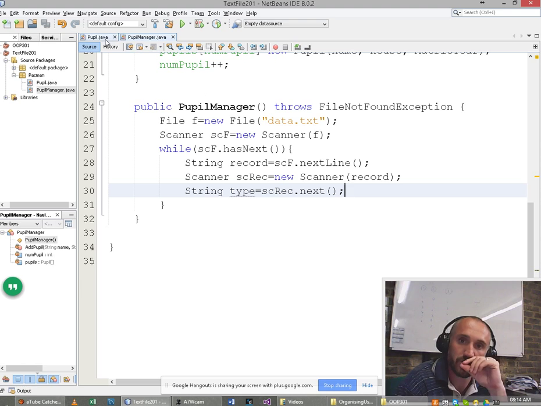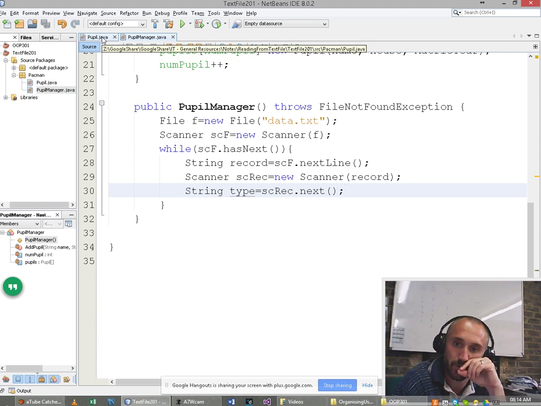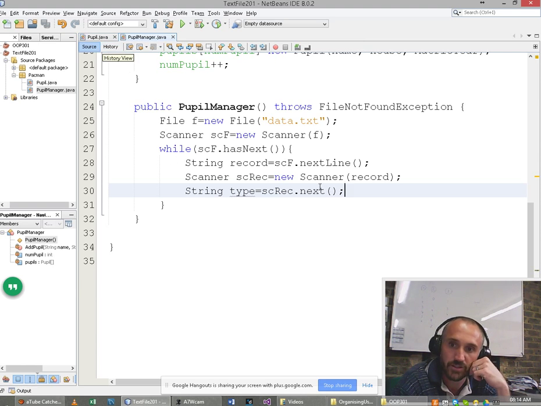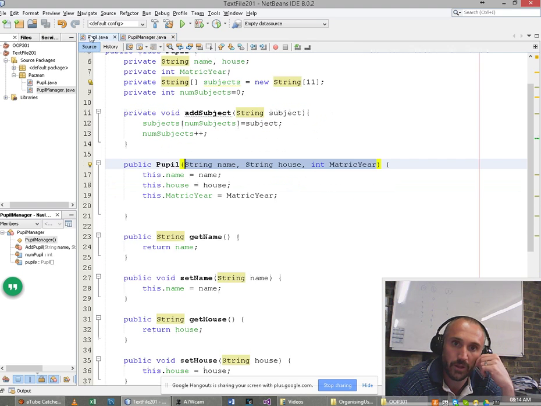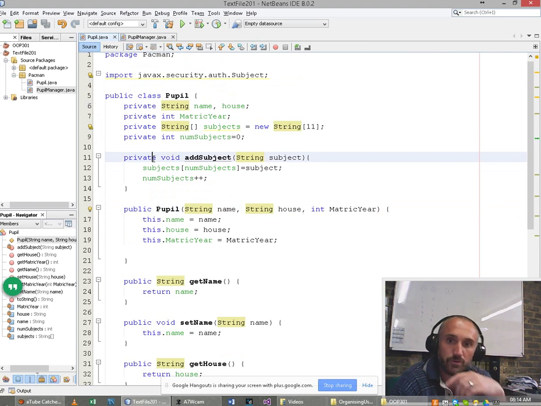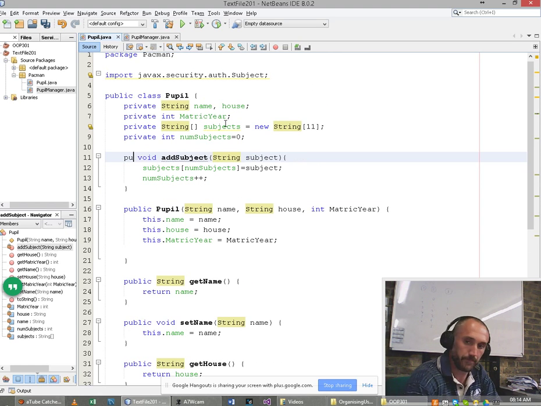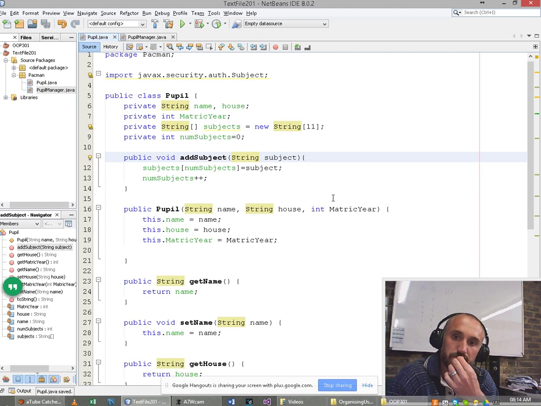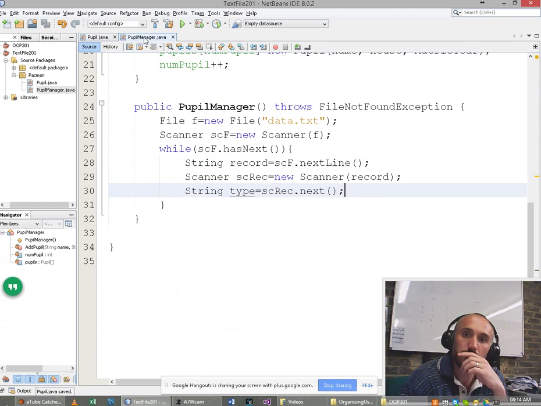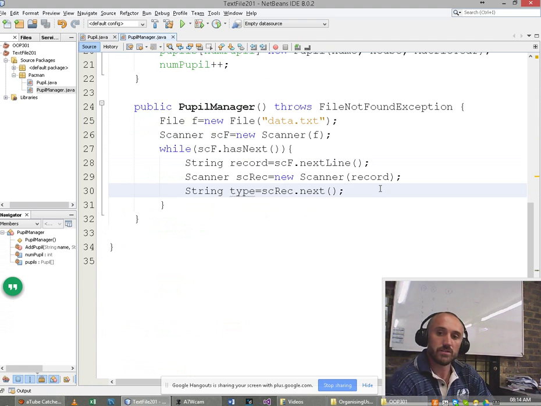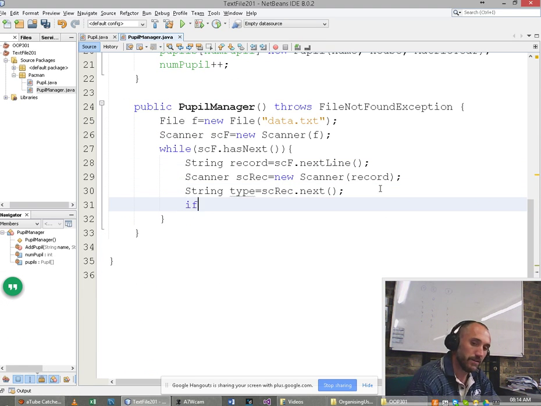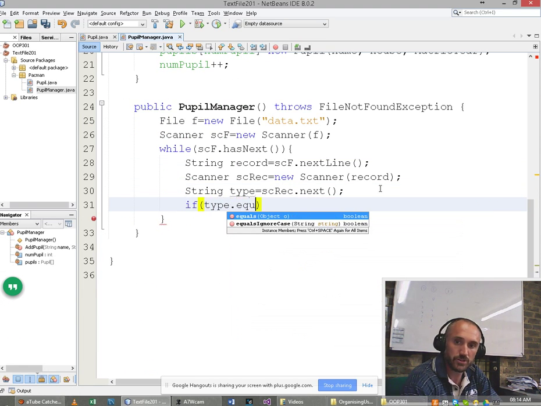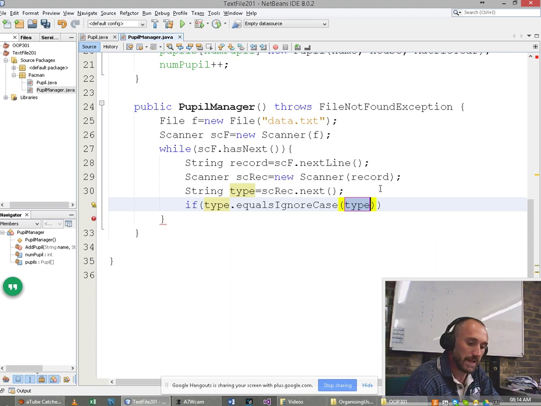There's a couple of ways we can work with this. One, we can pass it through to the pupil and make it the pupil's problem, so the pupil has to separate the subjects. So we just go add subject to the pupil. I want to change this from private void to public void, and I'll explain why just now. Now, we're going to go back here. First, it's got to do with type. Now, if type.equalsIgnoreCase P,